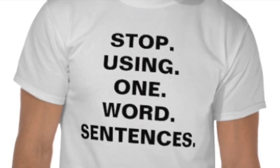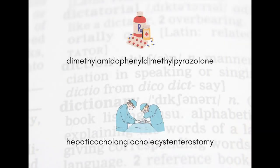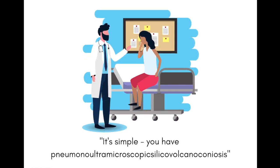Brevity may be the soul of wit, but it is vanishingly rare in the language of medicine. Dimethylamide phenyl dimethylprazolone is a kind of fever-reducing pain reliever. Hepatico-cholangiocholecystenterostomy is a surgical procedure involving the liver, gallbladder, and intestine. And the longest word in the medical dictionary is the 45-letter behemoth